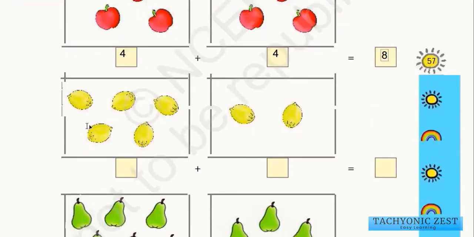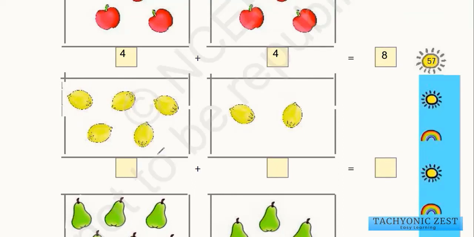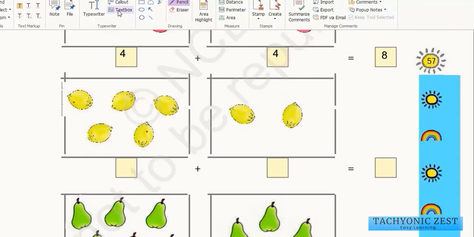So please tell me, now in this question there are few lemons. Now please tell me how many lemons are there initially here. Then we are adding few more lemons. Then what is the total number of lemons here? So if we count the total number of lemons that were there initially, 1, 2, 3, 4, 5. So there were 5 lemons earlier.